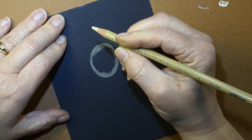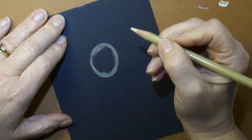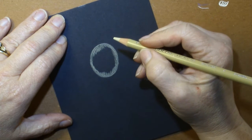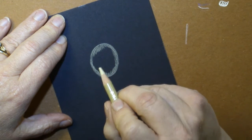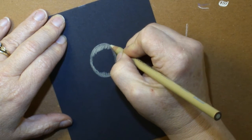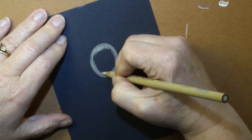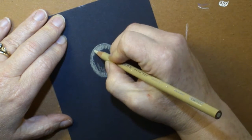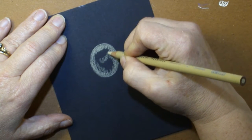And right now I'm taking gingerroot, which is sort of, it's not really cream, because cream is more white and yellowy. It's almost like the buff titanium. If this were an acrylic paint, this would be buff titanium. And it's a little bit warmer, it's a lot warmer than white. And what I'm doing is just giving a nice light coating of the gingerroot